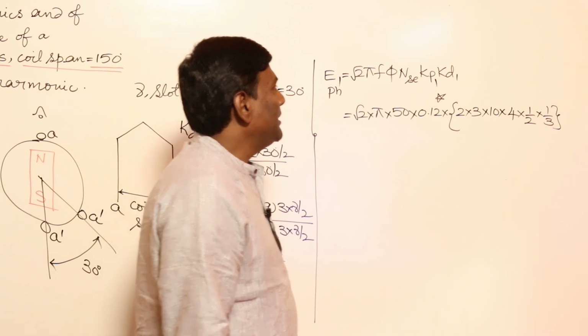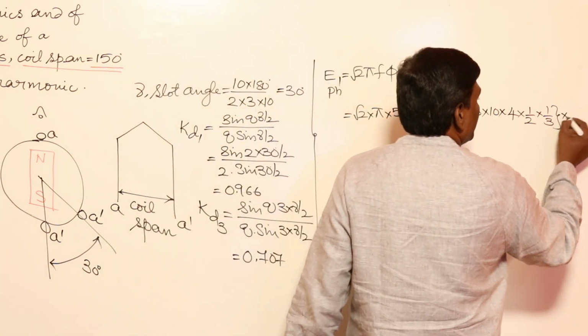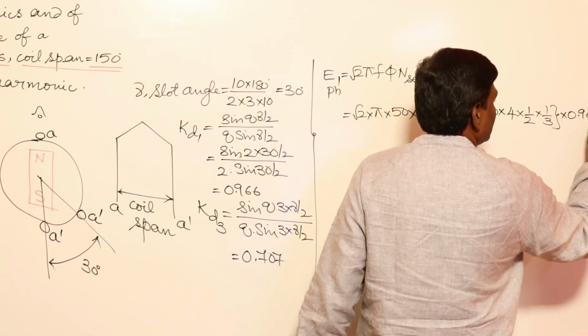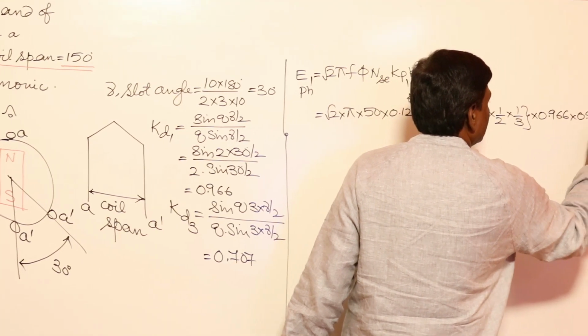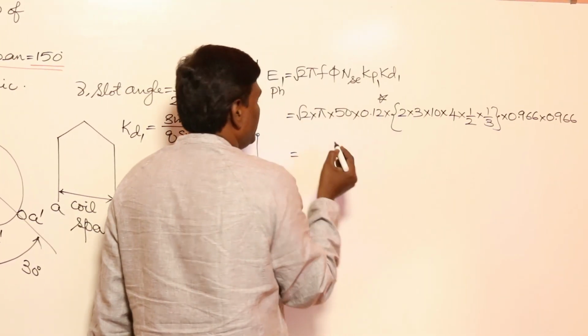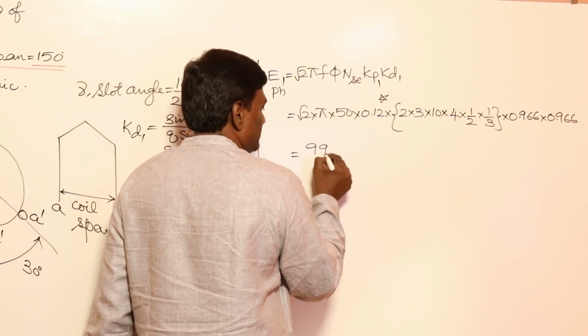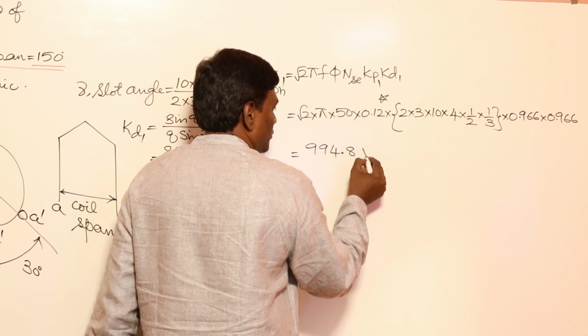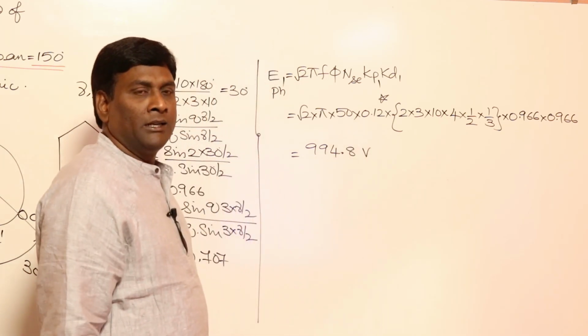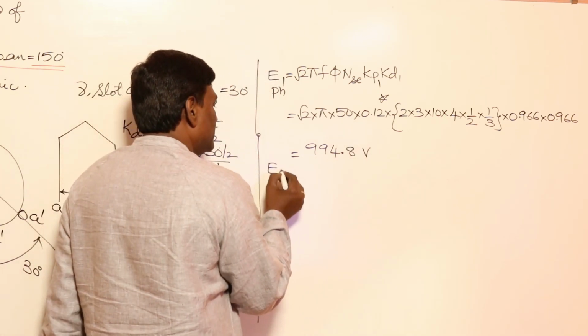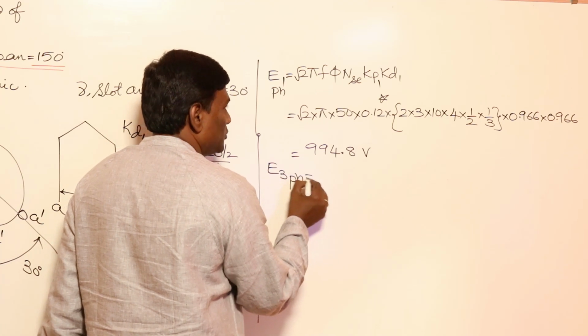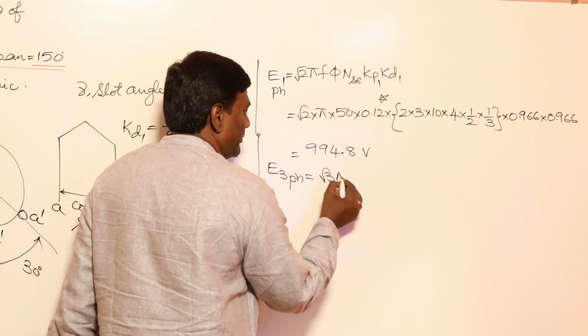Okay, now kp1 kd1: we got 0.966 into 0.966, which will give you the per phase fundamental voltage of 994.8 volts. Now let me calculate the triplen harmonic component per phase, which is going to be root 3 pi into,